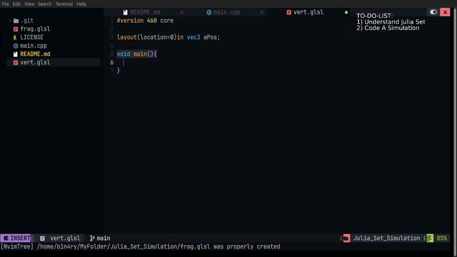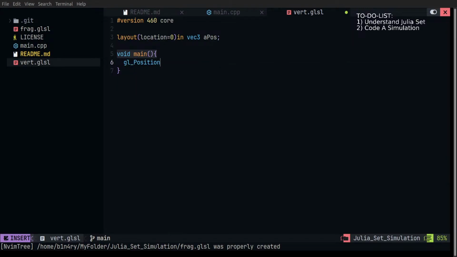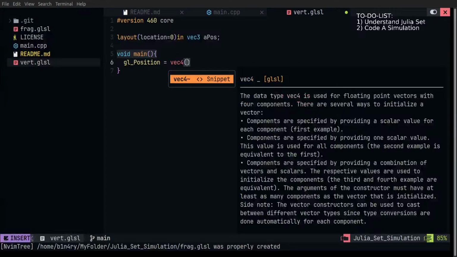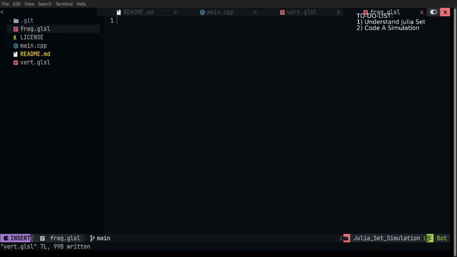We'll be directly rendering everything onto a single quad which just occupies the whole screen. And let's use gl_Position and set it equal to our position, like so. And in the fragment shader,